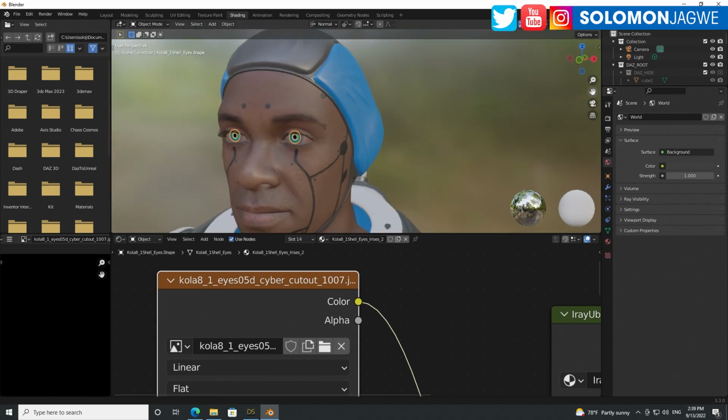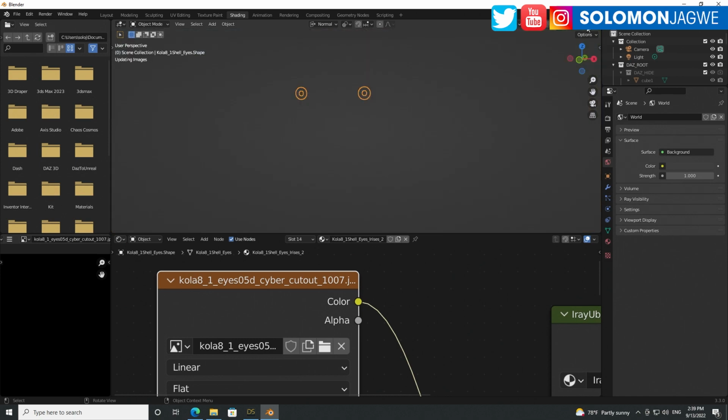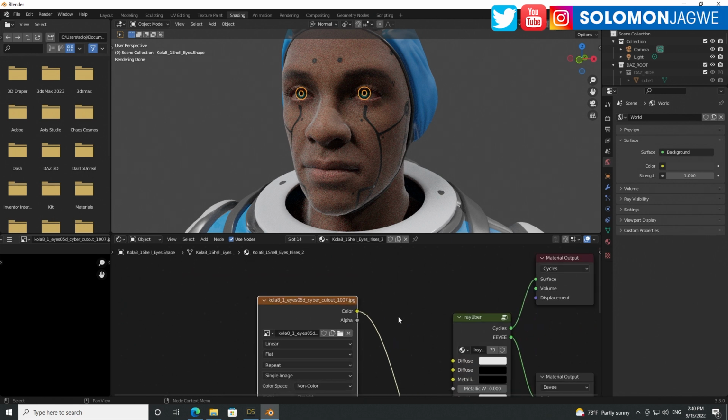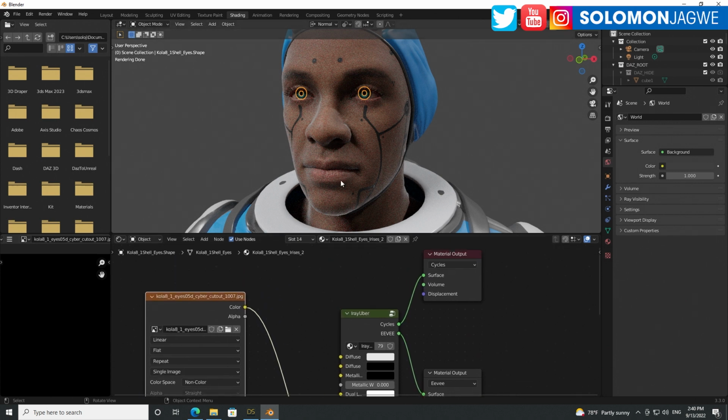So we can actually zoom in right there. And if you want, we can also switch to Cycles and the shading part so we can actually see the result. So what I do, because I know you can find this texture, but I'm going to just go ahead and copy it. Okay, and so we have the iris selected.